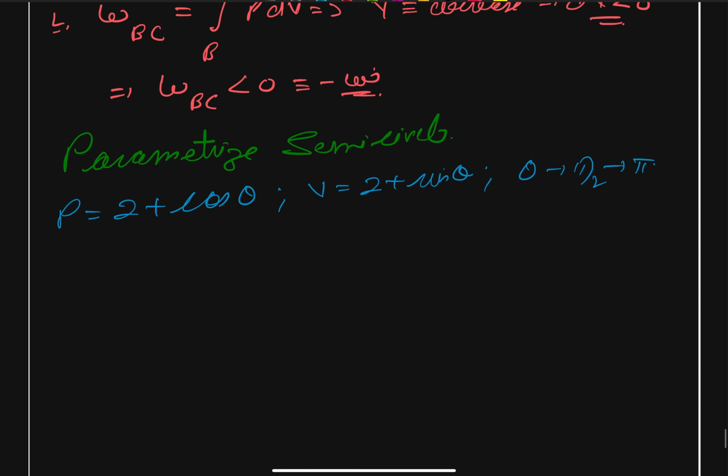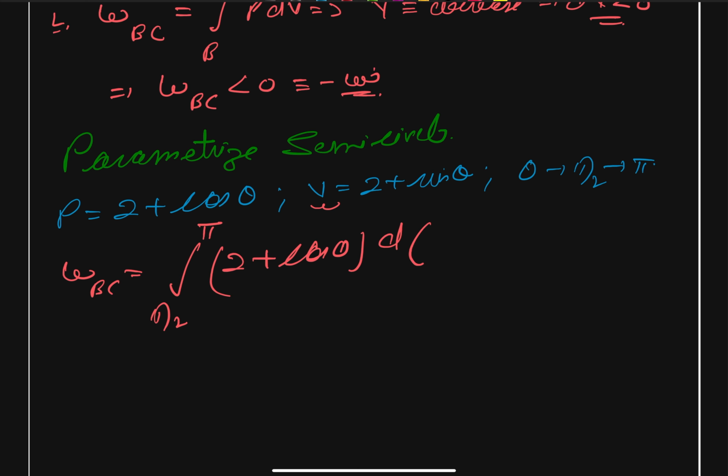So we get our work done, W_BC, is equal to the integral from pi by 2 to pi of 2 plus cos of theta, and the derivative of 2 plus sine of theta,